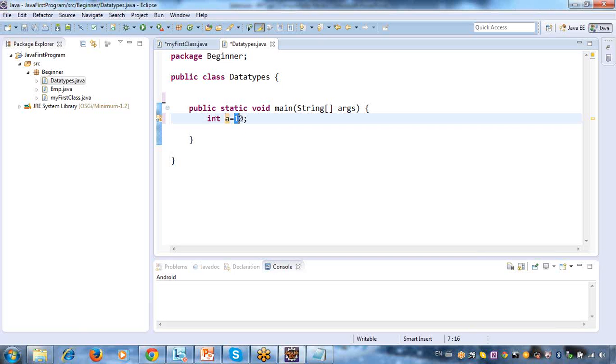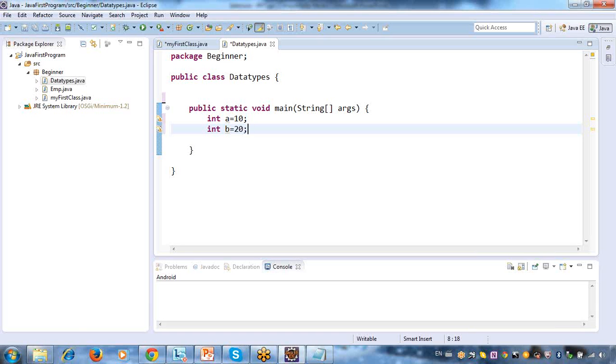Whatever value you are trying to store, say I am storing an integer, then I'll say int a is equal to 10, int b is equal to 20. One of the data types in Java is integer.